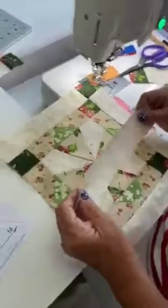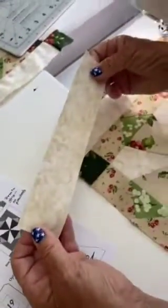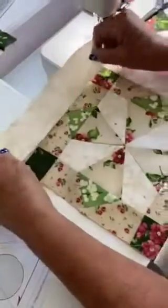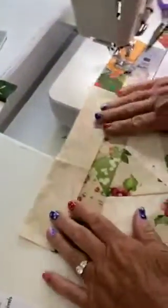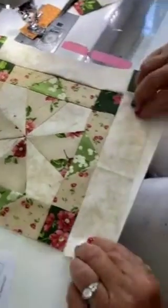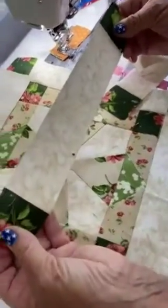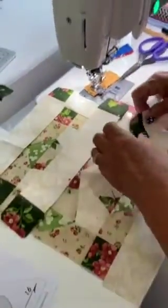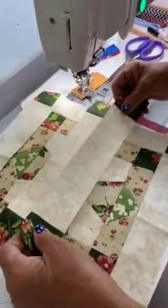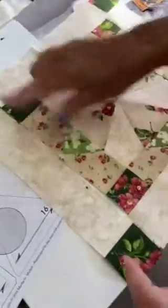All right, so we're on step 7, and what you're going to do in step 7 is you have this 2 by 9.5 inch strip. We are going to sew that to 2 opposite sides. So we're going to sew 1 there and 1 here. With the other 2 pieces that you have, you're going to use the rest of the little number 5 squares and sew them on the ends. So it's going to be like this. And 1 is going to go here and 1 is going to go here. So the only difference is